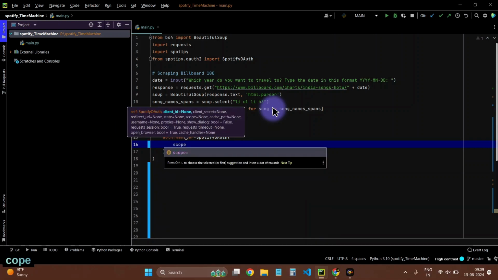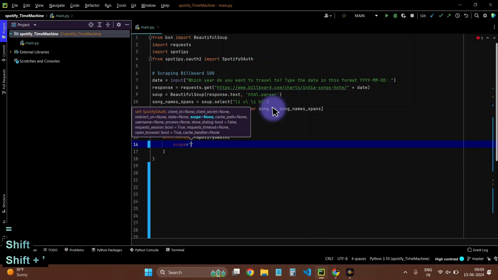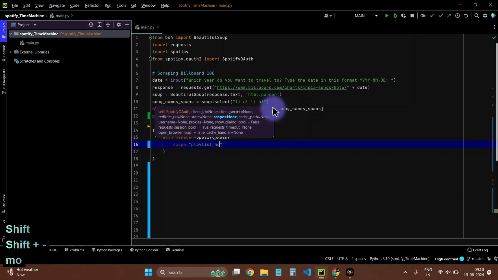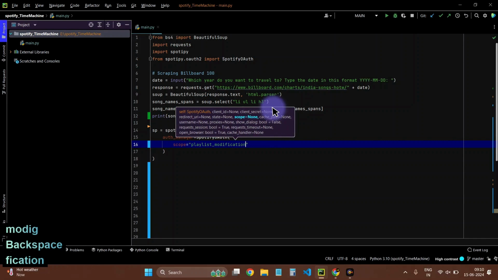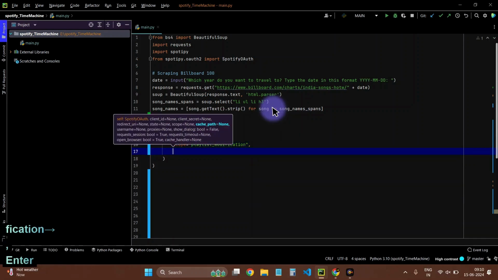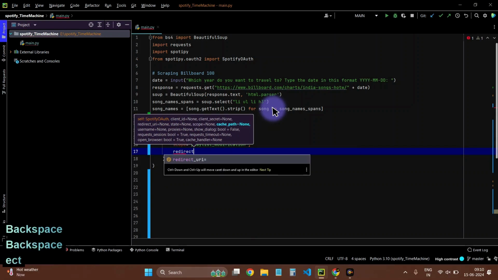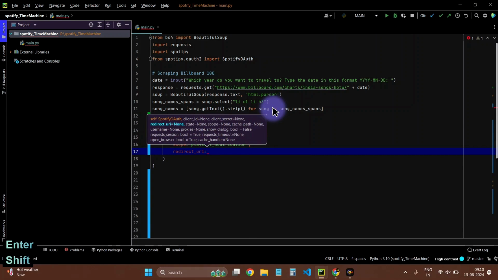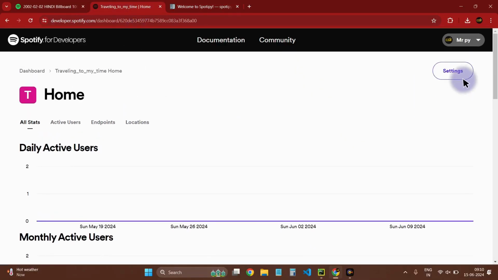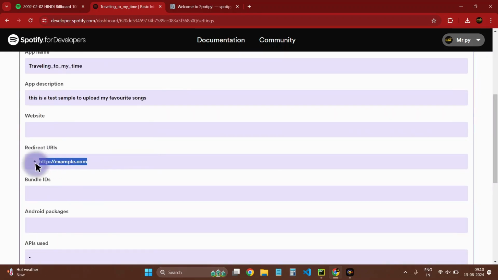The scope is required, like in GitHub we need to add one message before committing. It is the same thing. So we will write playlist-modify-private. So this is our scope. Then we will go to the redirect URI. In this redirect URI, we need to paste the one from before. I recommend you to copy it directly from here. Go to the settings and copy from here, http://example.com,